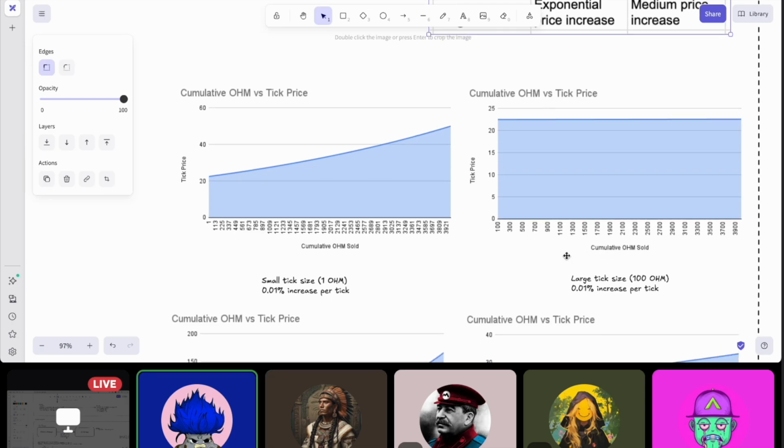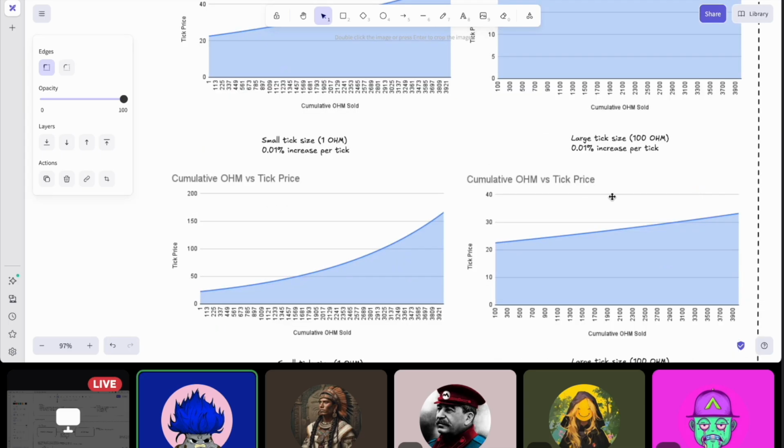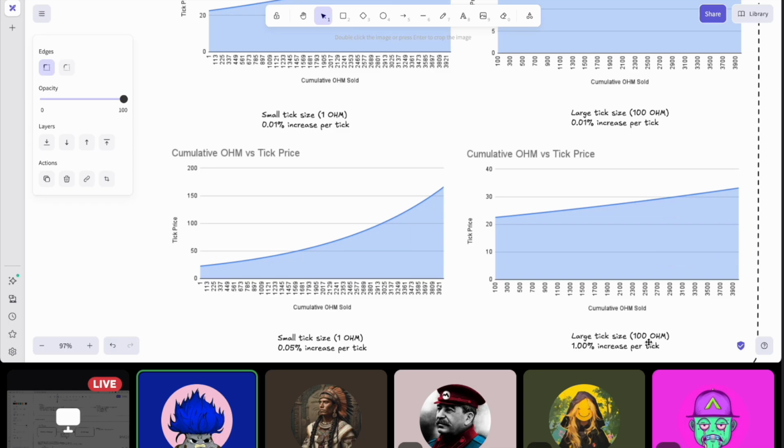On the other hand, if we had a large tick size, let's say 100 OHM per tick, but a 0.01 increase per tick, you see that the price barely moves. It maybe gets to 23. And that's probably not what we want, if we're selling out the entire day's allocation or target of OHM, we probably want the price to move a little bit more than that. Whereas if you have the same tick size of 100 OHM, but a 1% increase per tick, it goes to, I think, $33,